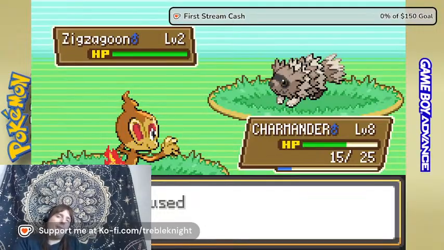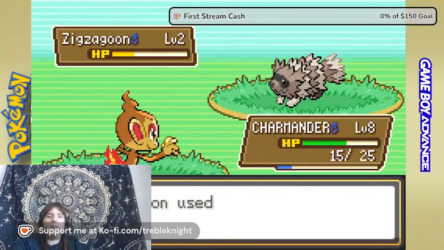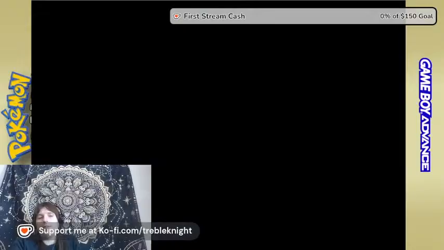Alright, I'm going to catch a Zigzagoon. They have the ability Pick Up, which is going to be helpful.